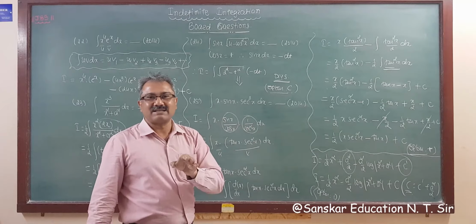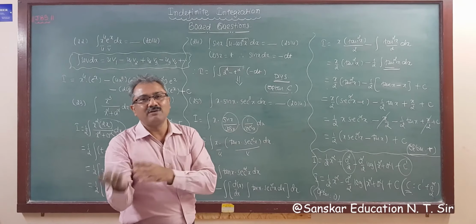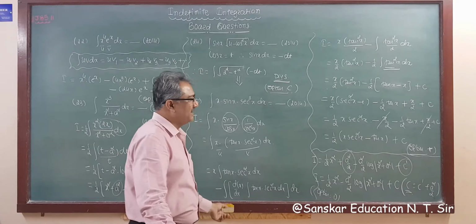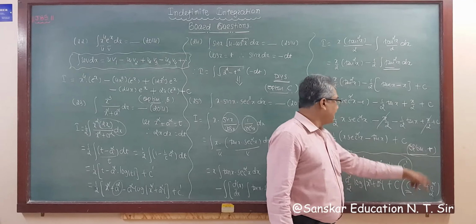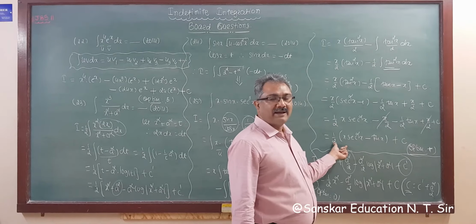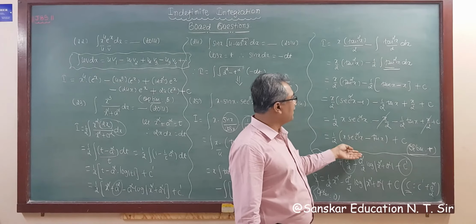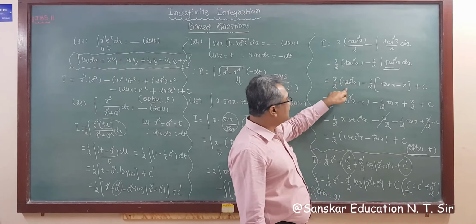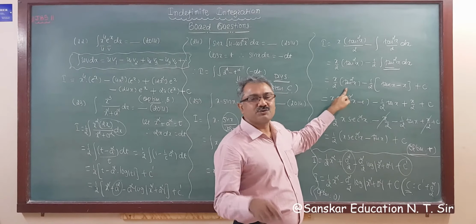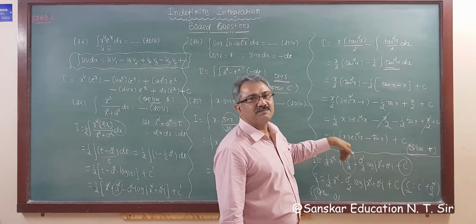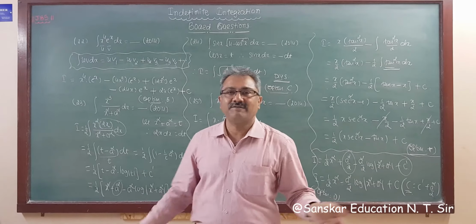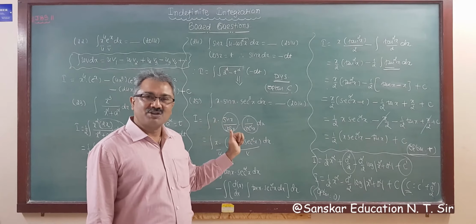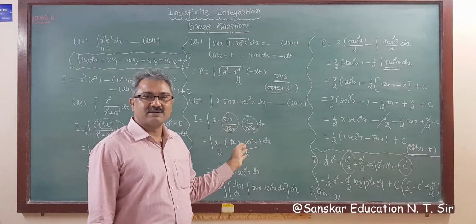All has a variable x, right, and the constants are included in the arbitrary constant plus c, just like this. And here also, as per our requirement we have to simplify, otherwise this answer is a nice one and also a correct answer, but this answer is not given in your options, so we have to simplify using the proper formulas which you have learned, right. So do practice MCQs for getting more marks, okay.